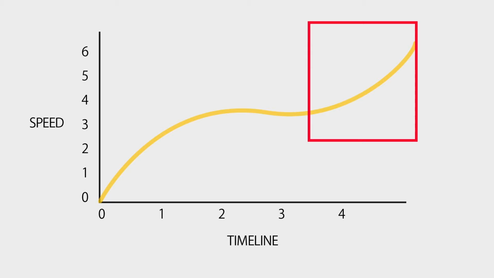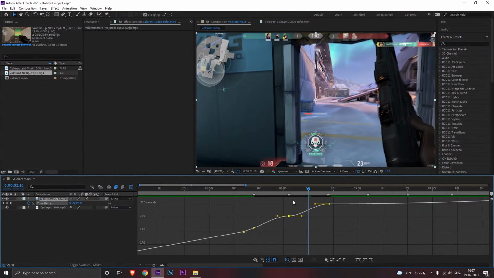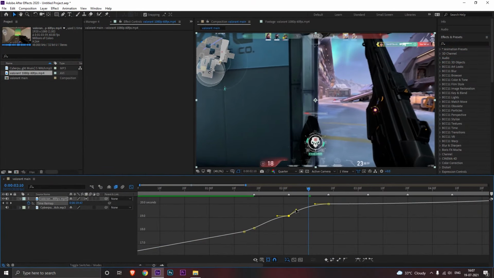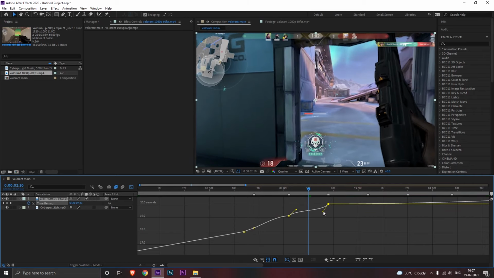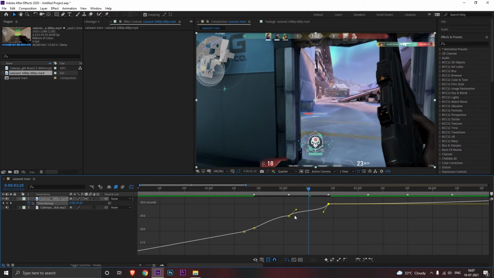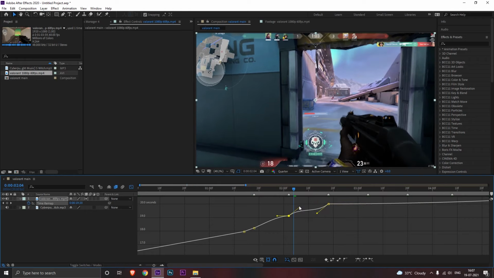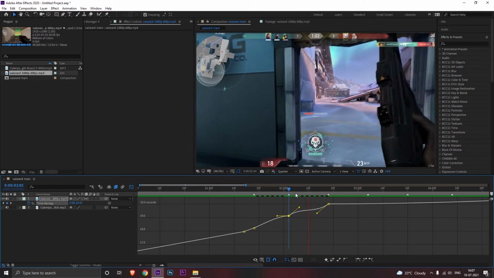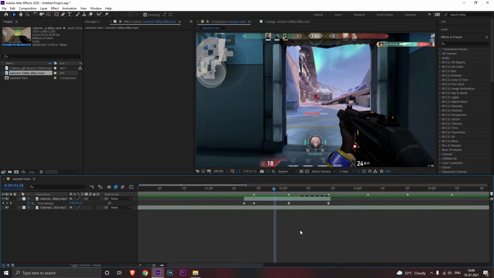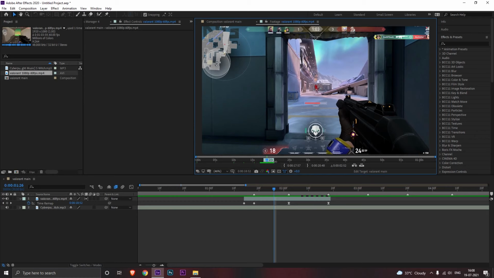Now let me show you how to do it practically. In the beginning you have to bring this up, and at the end you have to bring this down. Now our graph is looking something similar. It is going up at the beginning and at the end, and in the center it is still going up but not that much. If the line is straight then your video will stop, so we don't want that, so try to keep it at an angle. The first clip is looking good. Now let's import the second one.